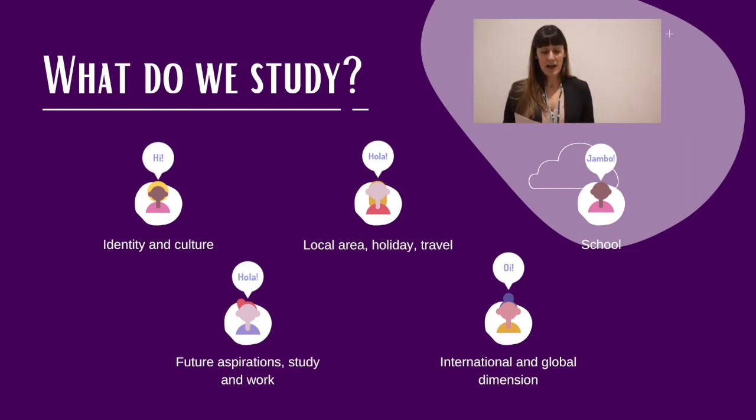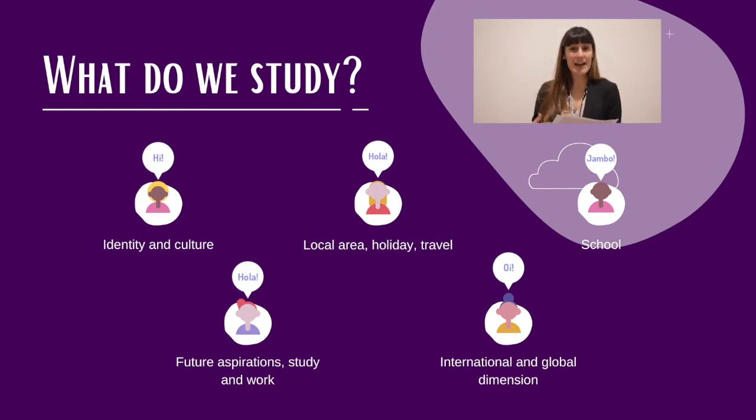The themes that we cover in GCSE are basically what you've done in Key Stage 3, but adding a little bit more cultural insight and more complexity, of course. So what I would say is, all the vocabulary and grammar you have learned in Key Stage 3, you need to master it this year. Okay, because it's going to get harder.